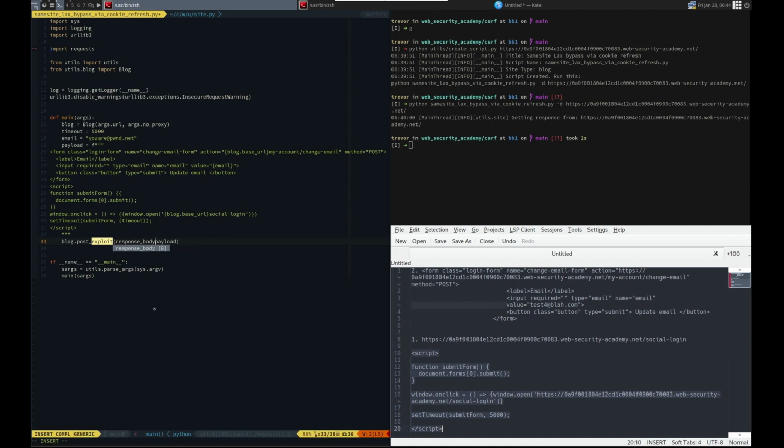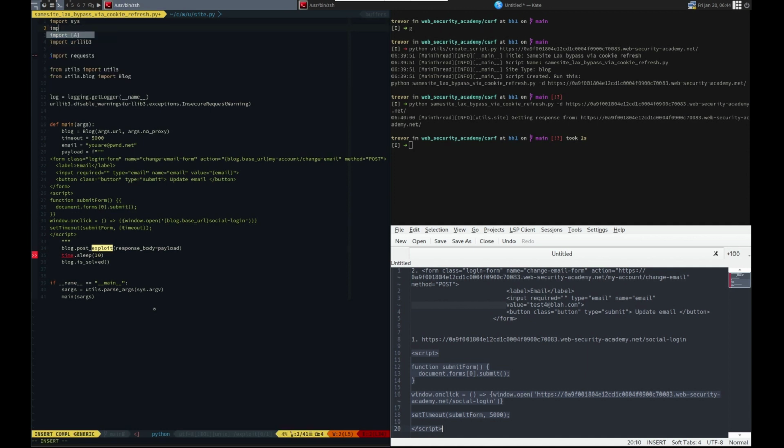Response body equals payload. Time dot sleep 10 seconds, blog dot is solved. I think that's all we had to do. Import time. Let's put a log dot info, sleeping 10 seconds to let it exploit. And then,